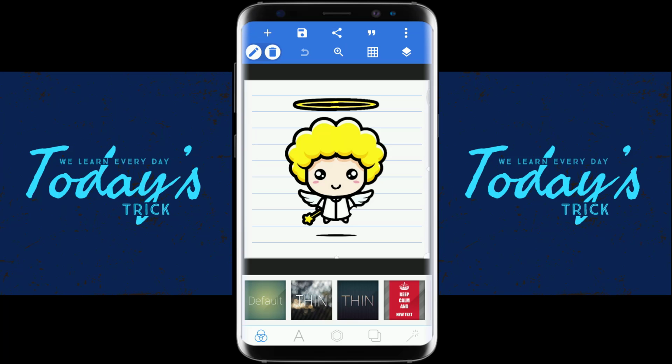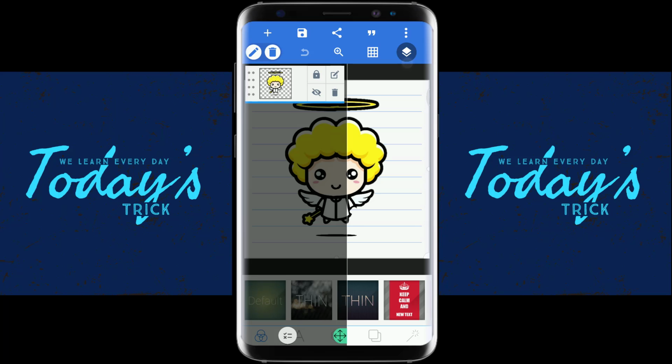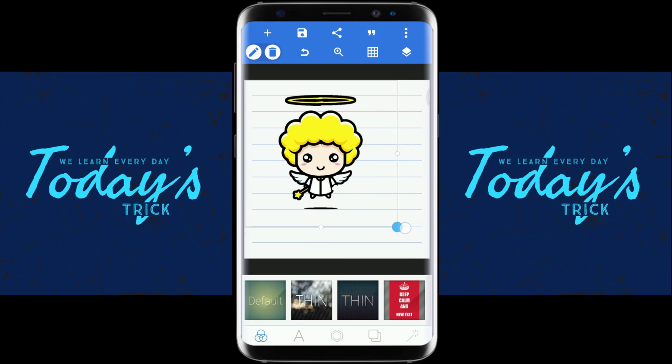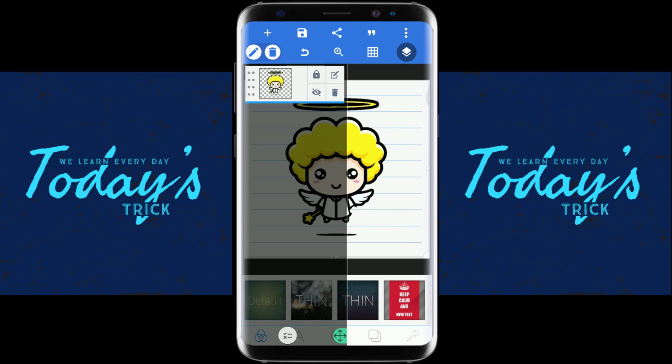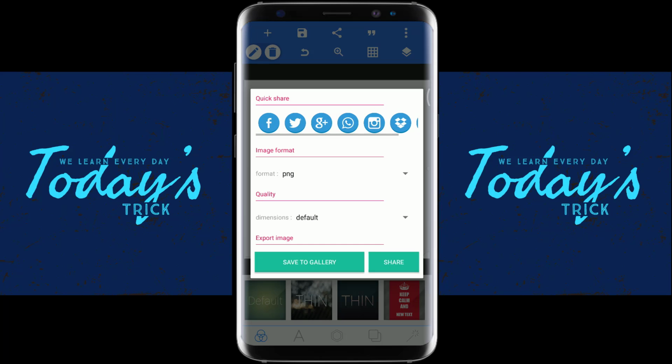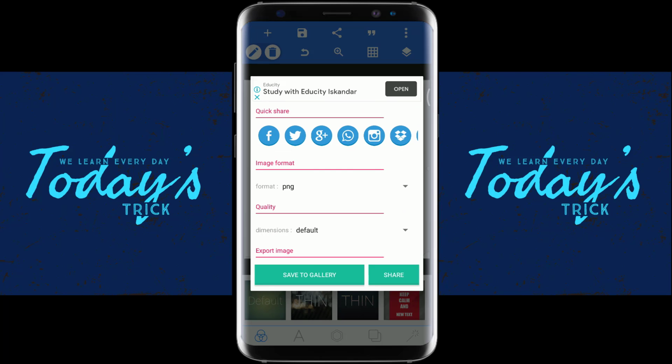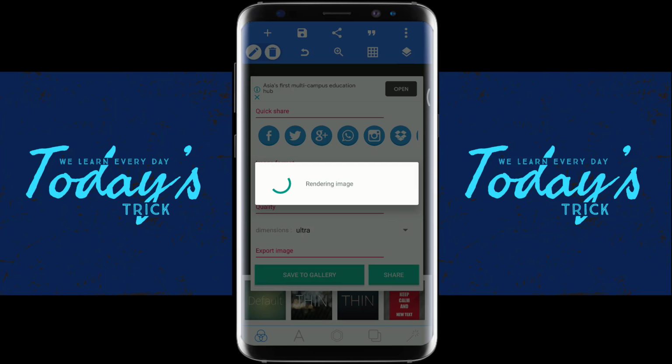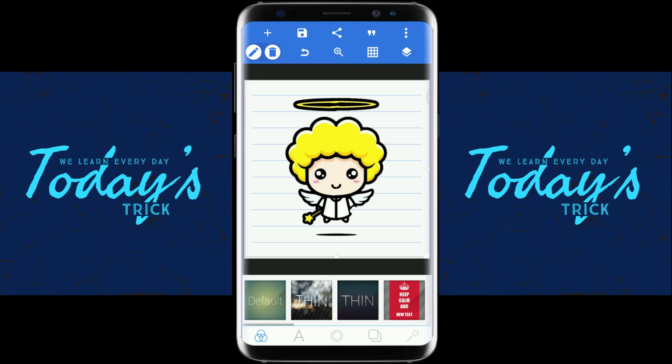Guys, there's a big problem in this application when you're saving an image. For example, you can see the image I created, little angel. Yeah, you can see it. I can drag it to the full screen. Yeah, done. Background, everything is done. When I save it, you can see save as image. It's default, you can set to the ultra. If you set to the ultra and go and save it, yes, rendering saving image, it's done, it's saved, no problem here. If the image is full screen, it's no problem. You can see it will save as it looks.